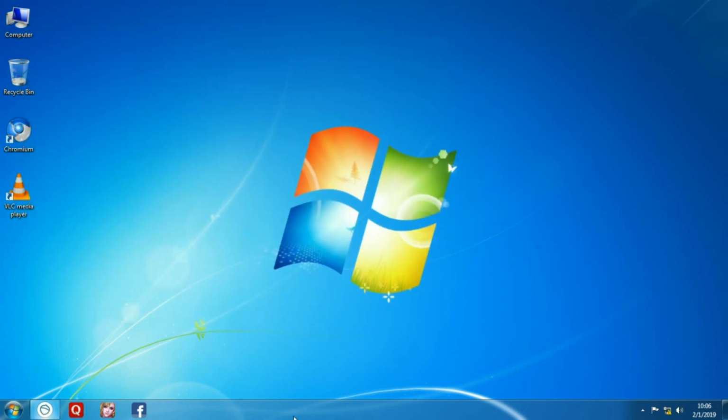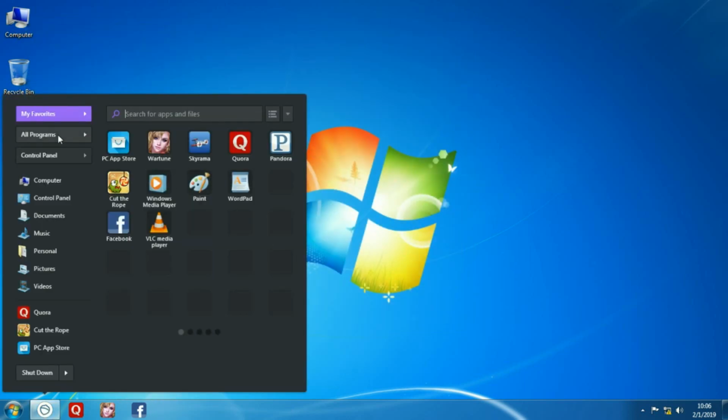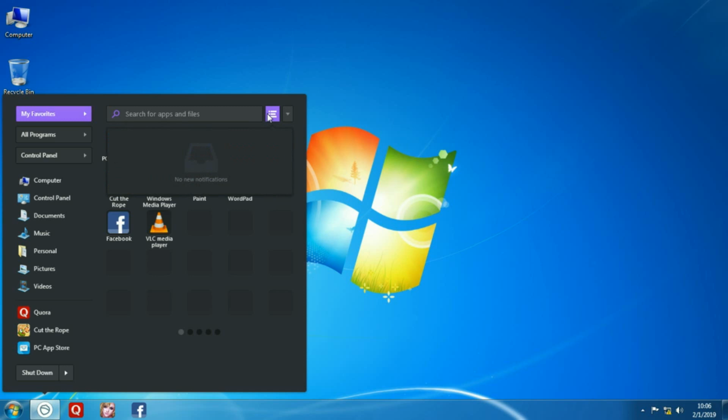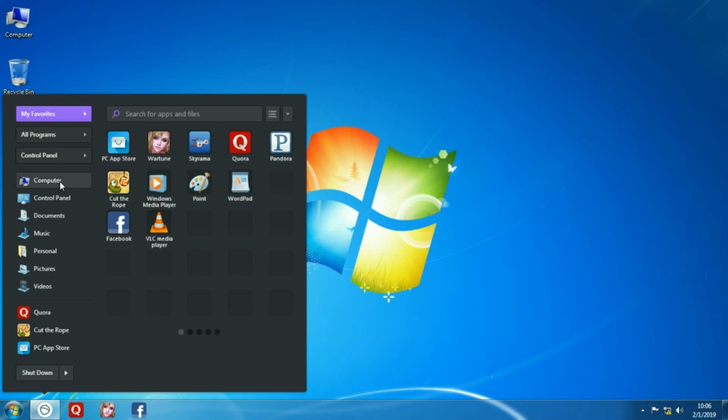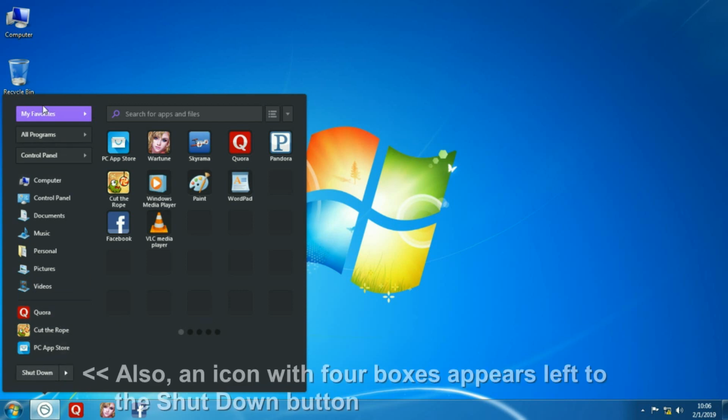So this is the Pokki start menu. You've got the basics. You've got a search function here. You've got, what is this, a notification area, and quick links to some folder items. I'll get to these shortly, but then you've got the shutdown system, and then you've got links such as